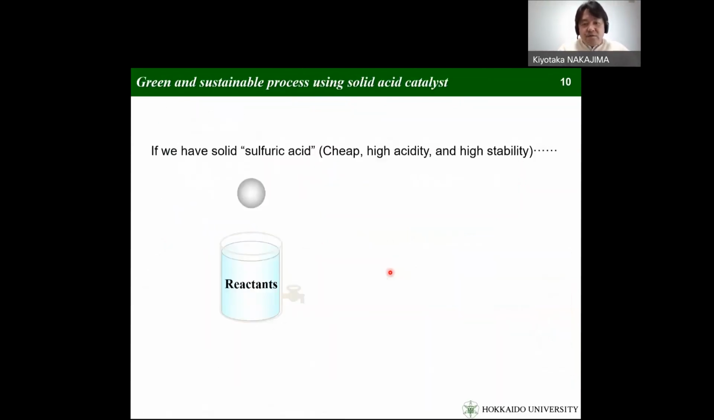And the solid catalyst is very important for future sustainable chemical production, because when we use sulfuric acid in chemical production, it is a homogeneous mixture of the product solution and the acid catalyst. It's hard to isolate the acid catalyst only from the reaction mixture. If we have a solid, strong acid catalyst, for example, strong sulfuric acid, cheap, high acidity, and high stability, they're safe